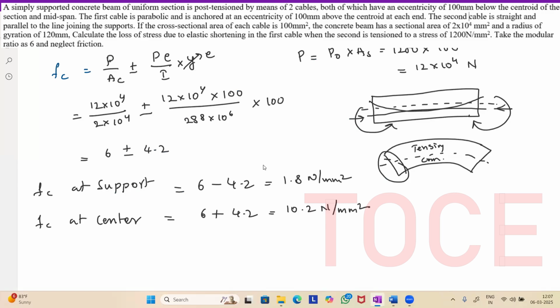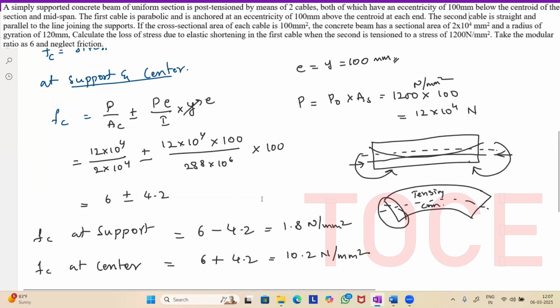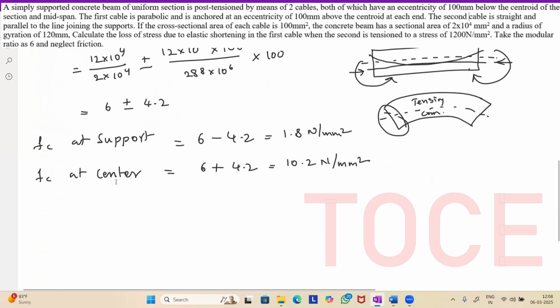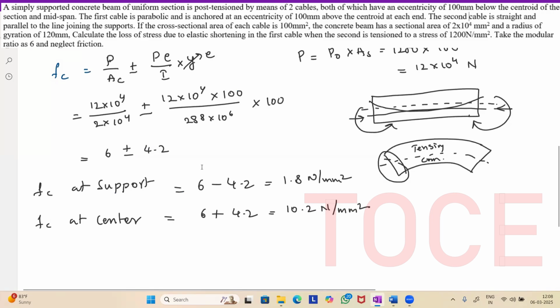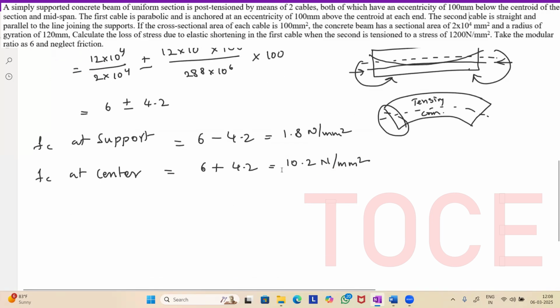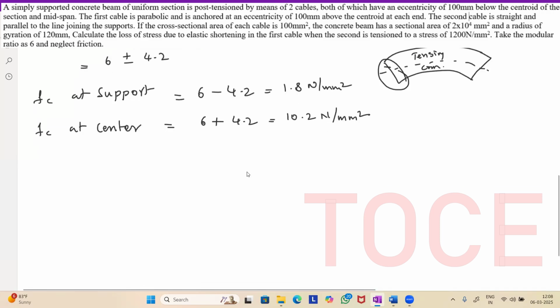Okay. So here you have two values. So you can find out the loss due to elastic shortening at support and at center separately, or else you can take the average of these two stresses at the support and at the center, and for that average value, you can calculate the loss of stress due to this elastic shortening. Okay. So one way is to find the loss separately for the support and for the center. And another way is to take the average of these two, and for that average value, find the loss due to elastic shortening. Okay. So we'll take the average, and we'll find out the loss due to elastic shortening. Okay. So average